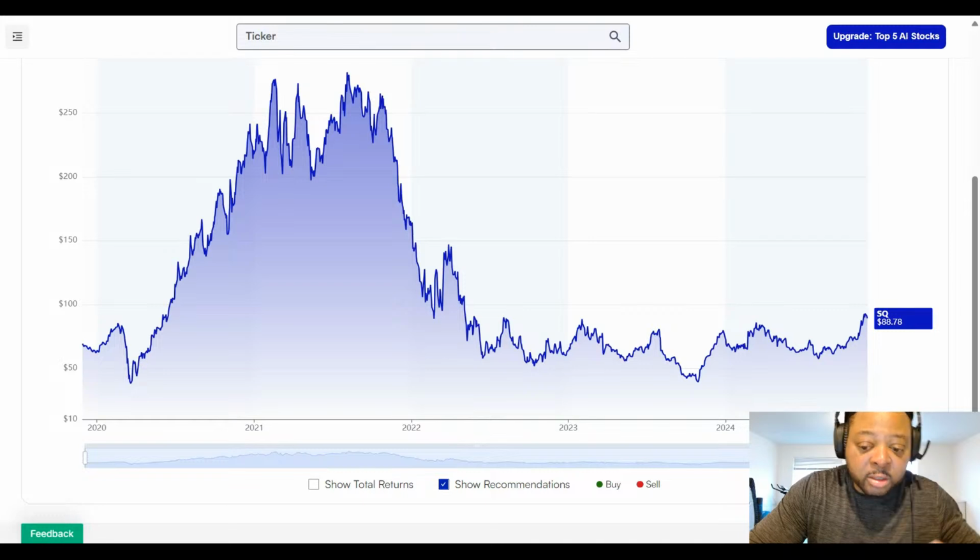Stocks don't just go straight up. Look at here. Goes up, pulls back, goes up right here. Boom, to like 170 maybe. Dropped to like 140. Went back up to almost